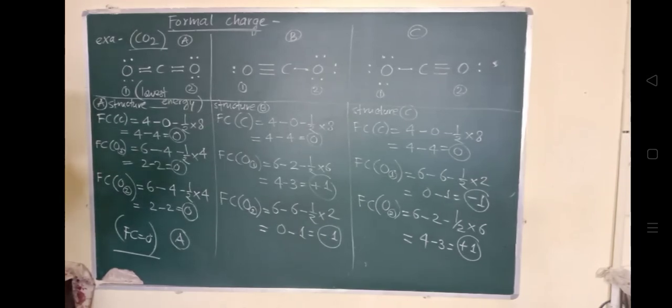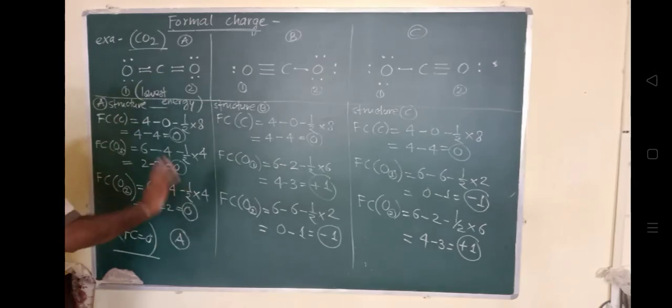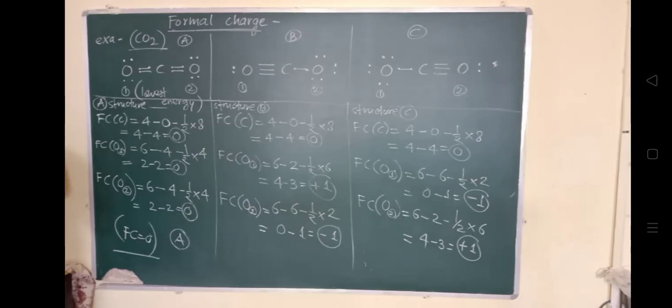So generally the lowest energy structure has the smallest formal charge on an atom. So you have to remember always, generally the lowest energy structure has a formal charge near about 0. Like we said that the formal charge is 0, therefore its energy is lowest. If we know that a structure has the lowest energy, it also means that its formal charge will be near about 0. Okay, both these concepts, vice versa, you must remember. So this is about the formal charge.